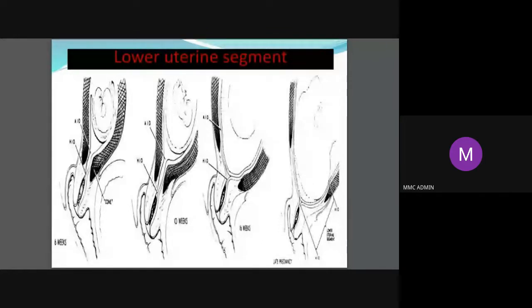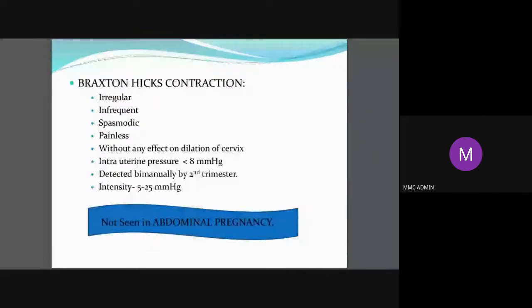So you have two types of contractions. Somebody might ask you, what is labor pain? Labor pains means contraction of the uterus where there is a change in the cervix also, where the cervix will undergo effacement and dilatation. But what is Braxton Hicks contraction? This is physiological. That is, it is a painless contraction. The patient won't feel anything. But when you do a